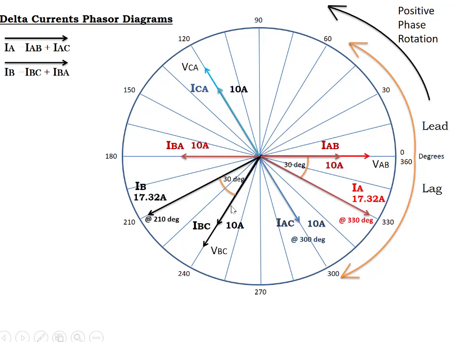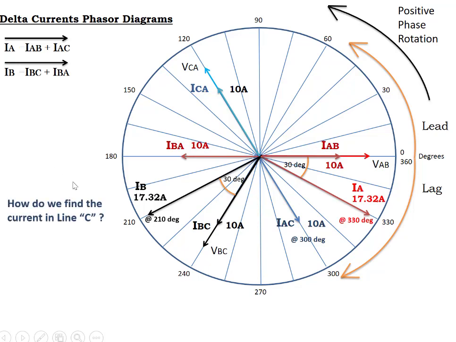So again, we're showing on this phasor diagram line current B ended up 30 degrees away from the phase current,